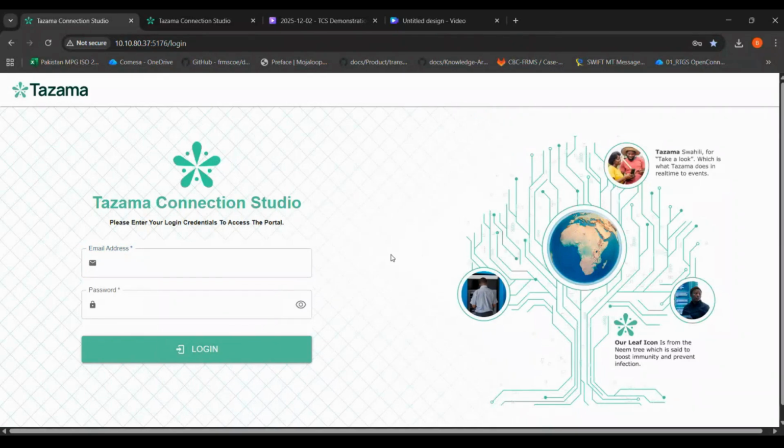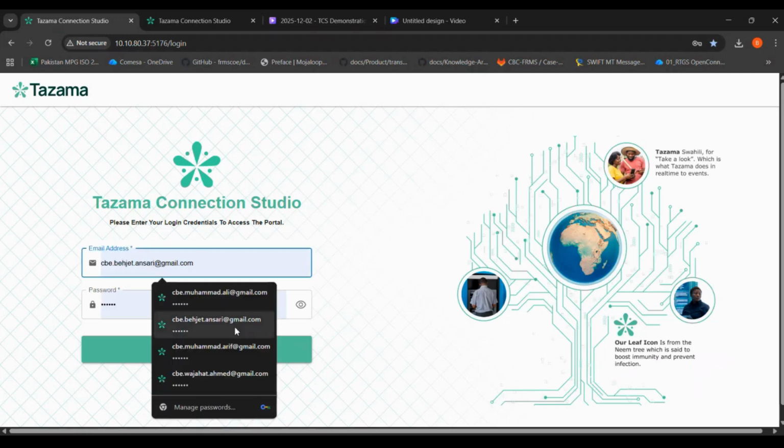Hello again. In the previous video, I demonstrated how to create a data enrichment pull endpoint using an HTTPS URL. In this demonstration, I'm going to show you how to create a second pull job, but now the source would be an SFTP server. So I'm going to log in to the dev environment from the editor role,